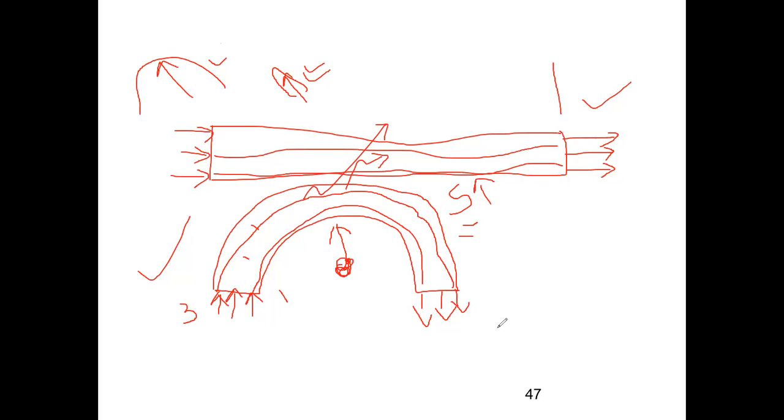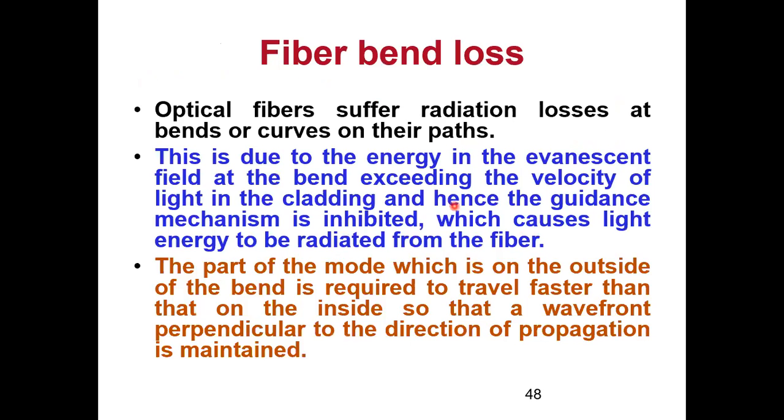So this was something just for your understanding कि bending loss क्यों हो रहा है, because the path length is increasing. Okay, so to compensate that path length, velocity has to increase, and we cannot increase the velocity of the light rays. So those rays escape the fiber through radiation, and then there are losses in the fiber. So now let us see what is there in the slides. All these points ही रहेंगे घुमा फिरा के.